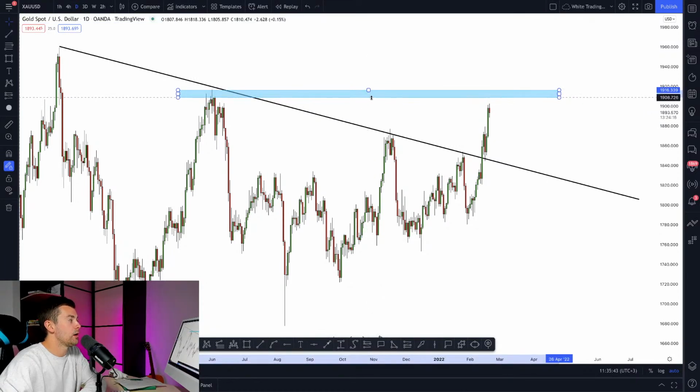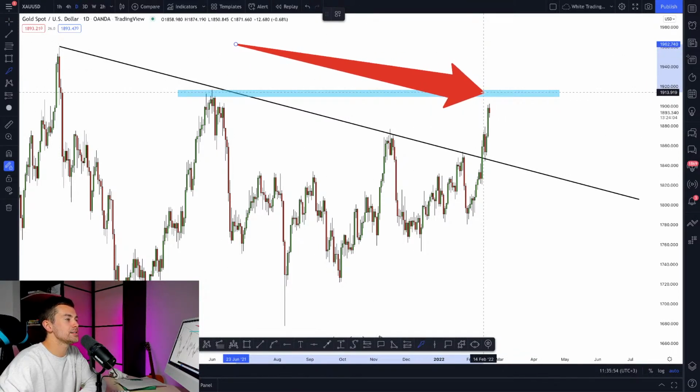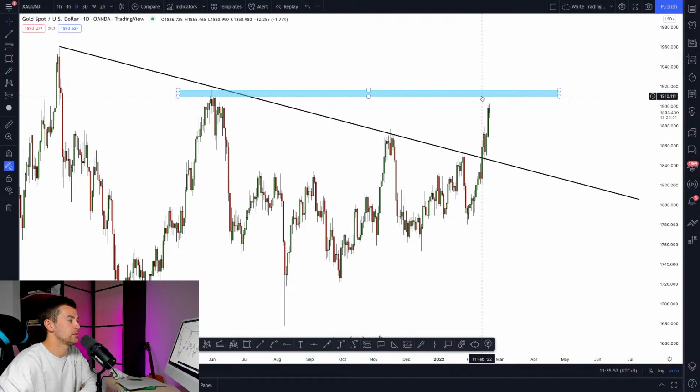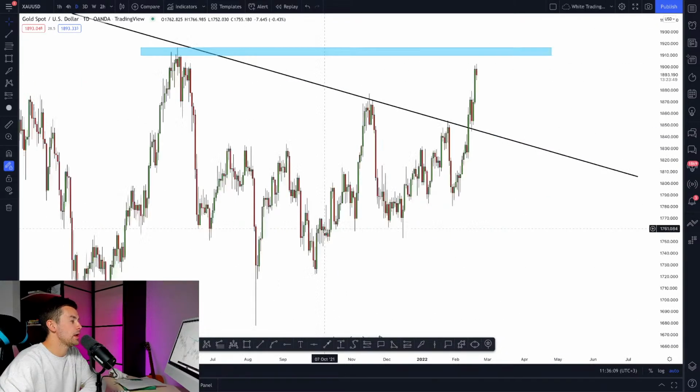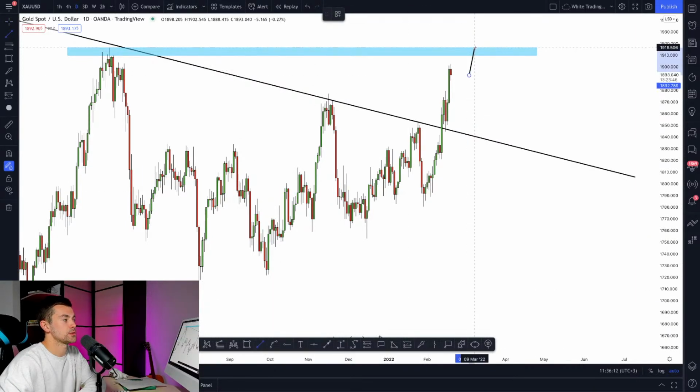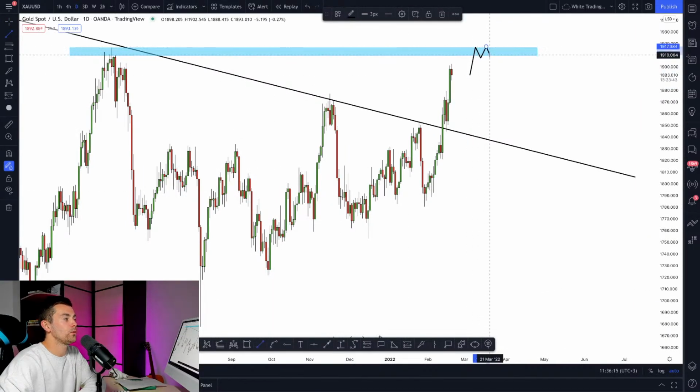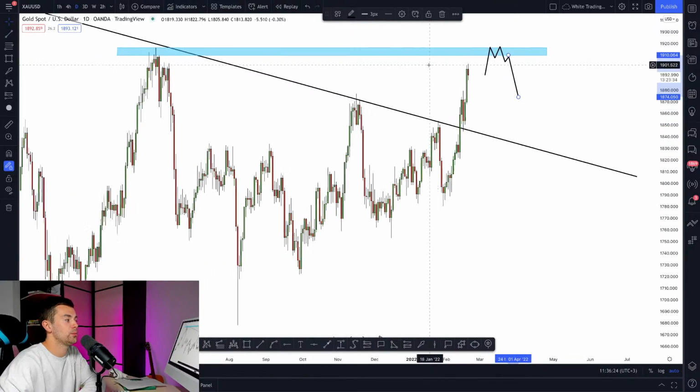However, I really want the price to reach higher levels. Yes, for shorting, I want to see the test of at least 1910 level. Yes, for now, the market still is trading below that resistance. So I want the market to go a bit higher, and then once that resistance is reached, we will look for the confirmation to short from here, catching just a minor pullback. Yes, we won't expect a major market reversal from here. We just will expect a pullback.